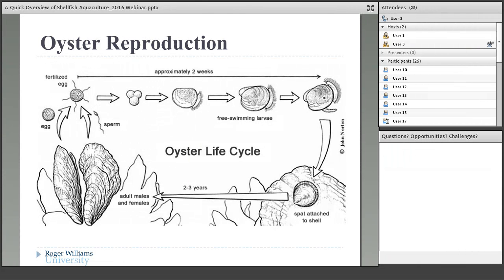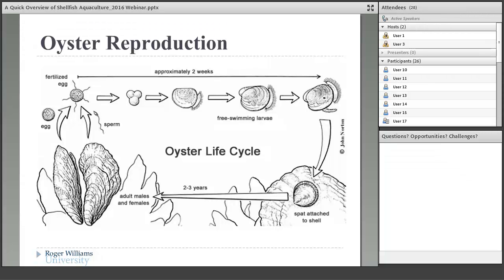It goes through classic bivalve mollusk reproduction, where the adults, which you see in the lower left-hand corner, release their eggs and sperm directly into the water column. So fertilization results from the chance encounter of an egg with a sperm. And then that fertile egg goes through a 2-week development cycle where the developing juvenile babies, or larvae, are actually free swimming up in the water column, where they are distributed about the bay through water currents and